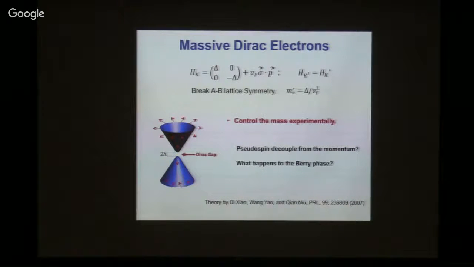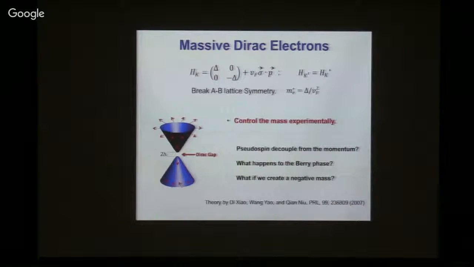And associated with this pseudo-spin, it has a finite Berry curvature. So just like real spin, it will actually have a finite angular momentum as well as a finite magnetic dipole, as predicted earlier by this initial theoretical paper. And in addition, you might ask, if we can create a finite mass from 0, we actually have a choice to have positive finite or negative finite. So what does it mean if we can actually create a negative finite mass?